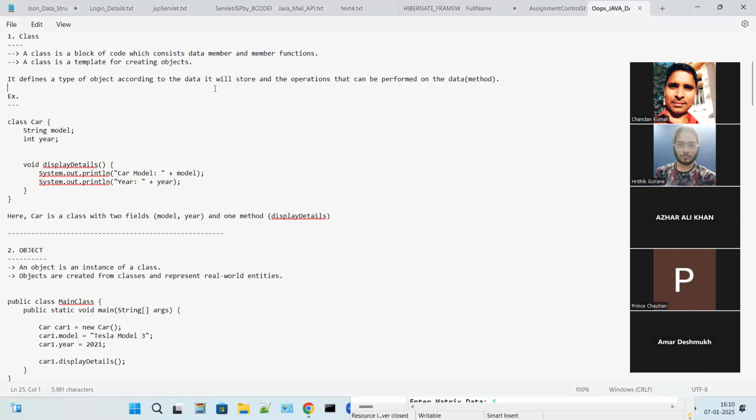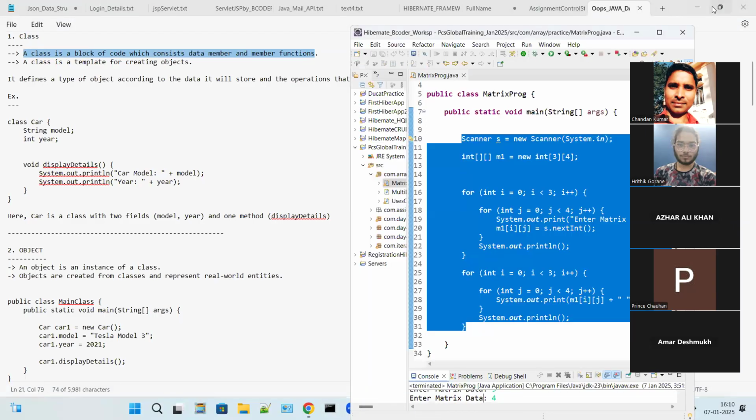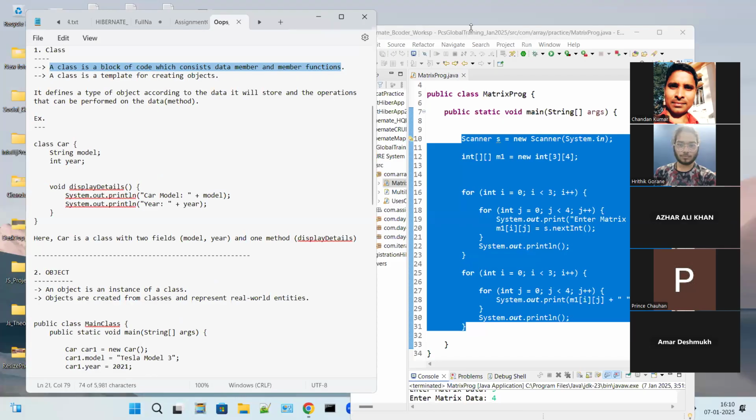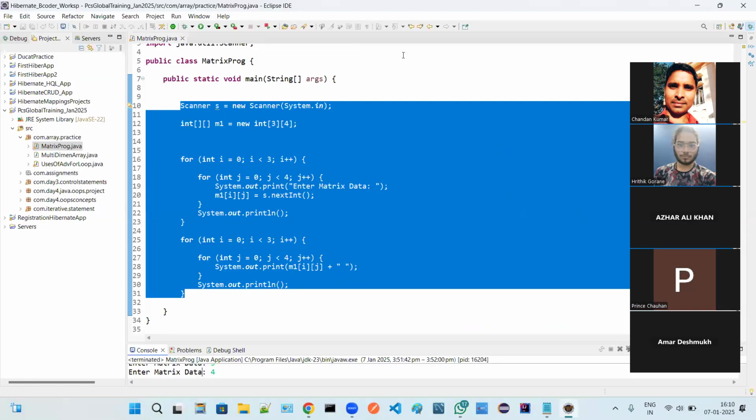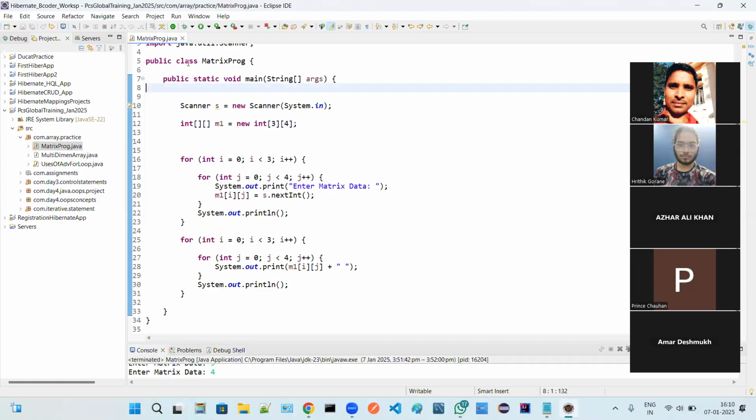So class is nothing but what? A class is a block of code which consists of data members and member functions. Remember that one. Class in Java is a block of code. Why are we telling class as a block of code? As you are able to see over here, this class is a block of code or not?